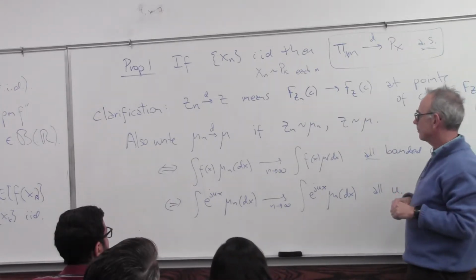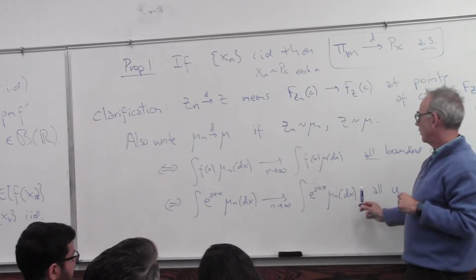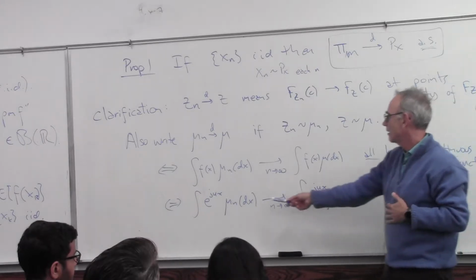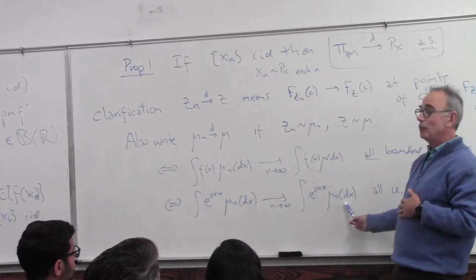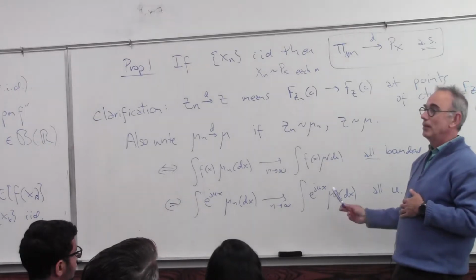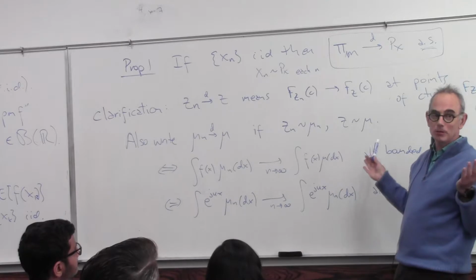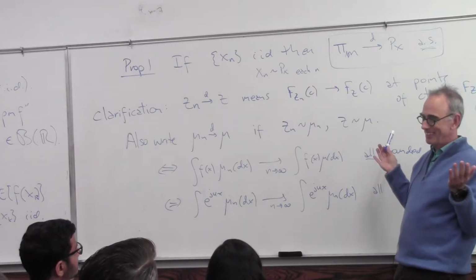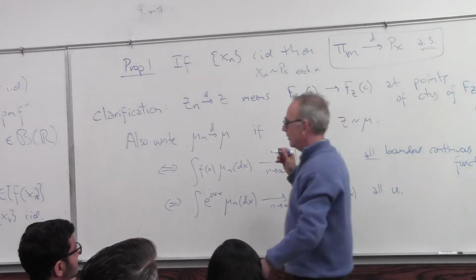The issue is that this is an event. If these are now random, the mu n's, this is an event, and I want it to hold for every u. It means I'm taking an intersection of the event for u over an uncountable number of u. So that looks like trouble, but it turns out, thank God,